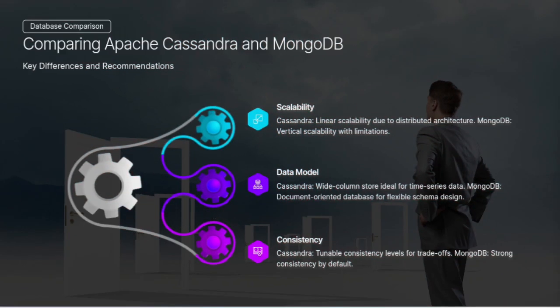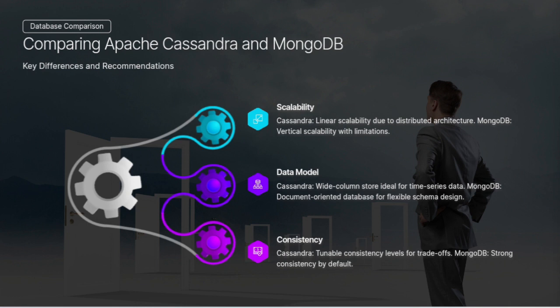Now let's talk about key differences. Data models. Apache Cassandra uses a column-oriented data model suited for write-heavy workloads and real-time data, while MongoDB uses a document-oriented data model offering flexibility for complex data structures and dynamic schemas. In scalability and performance, Apache Cassandra offers linear scalability with distributed architecture and optimized write performance, while MongoDB has good overall performance with strong read capabilities and support for